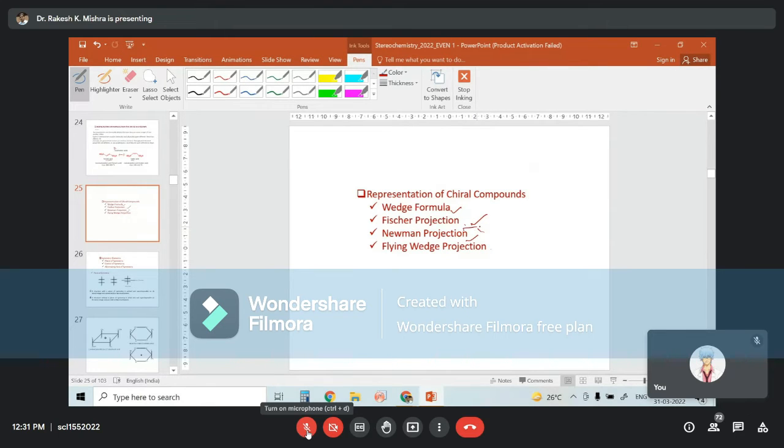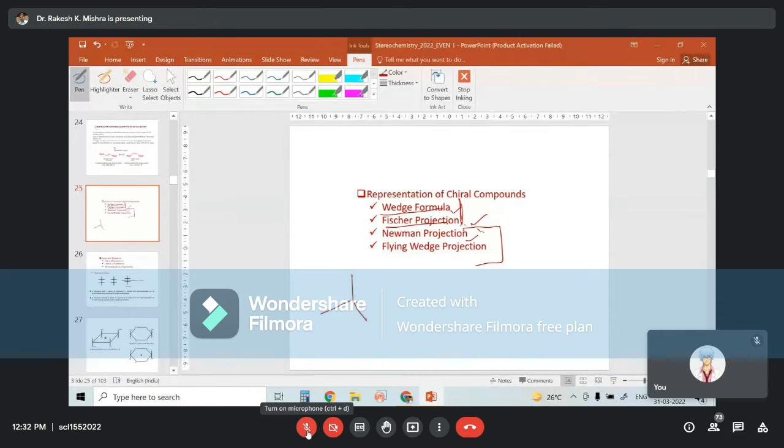This we shall not discuss much. We will concentrate our things over these two, the wedge formula and Fischer projection formula. So here I will talk about the wedge projection and Fischer projection. So what is the wedge projection here? It is